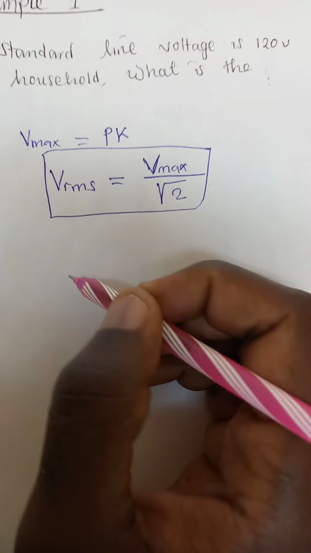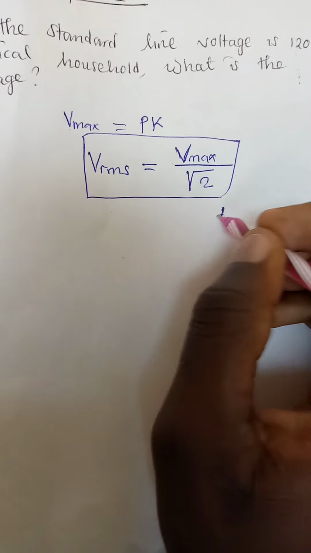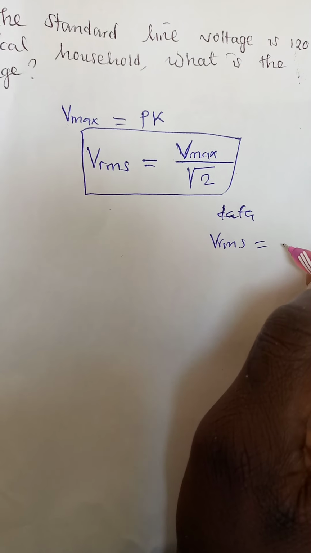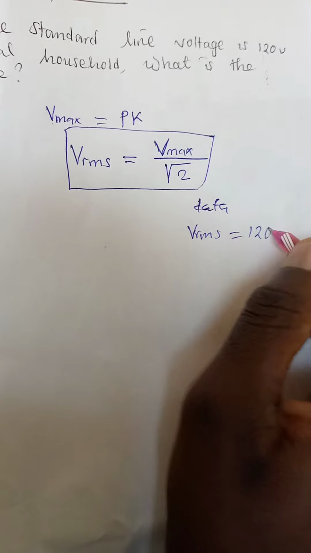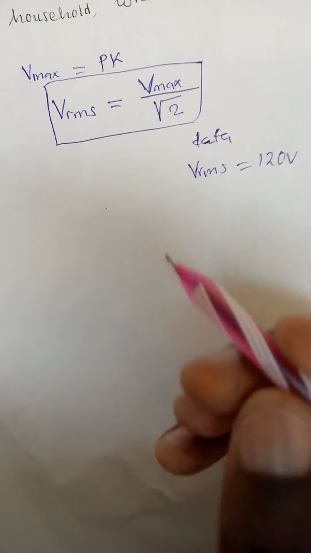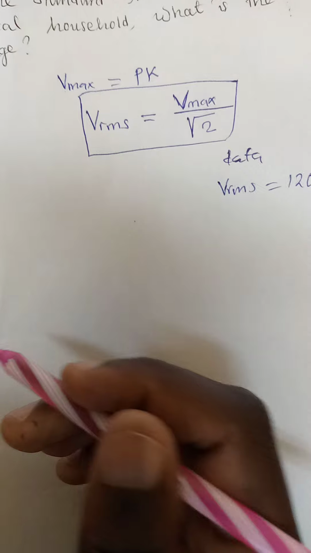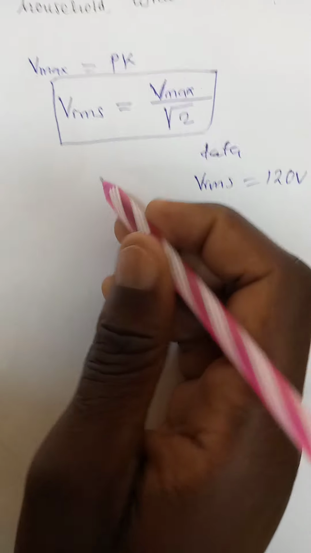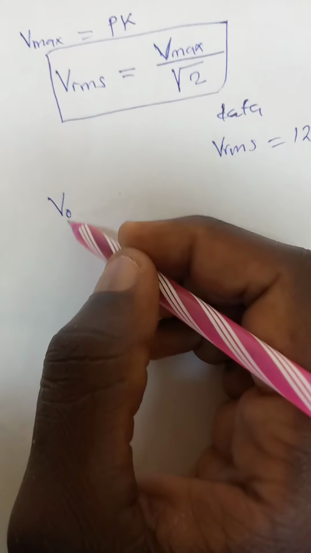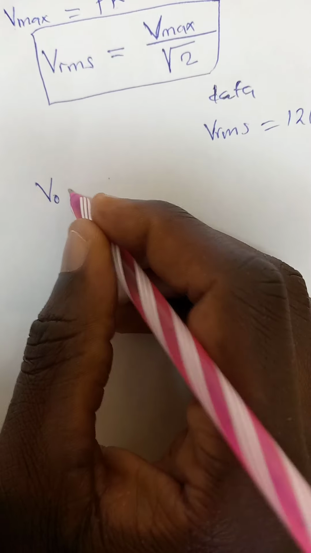So in this question we have been given Vrms. From our data we know that Vrms is equal to 120. Then what don't you have? You don't have Vmax, of which Vmax is simply the peak value. So if I can make Vmax the subject, which I can even write like this, don't get confused. I'm just writing it like this. This is the same as Vmax, which is equal